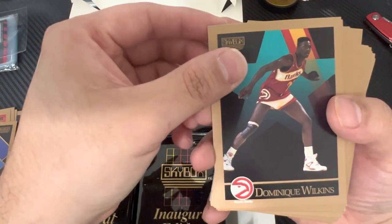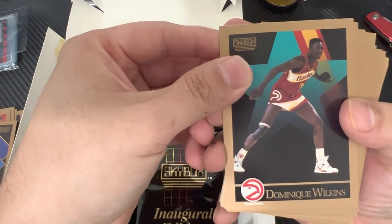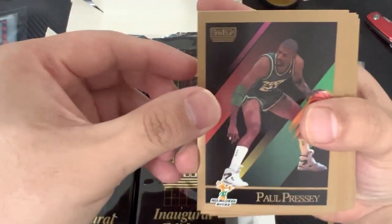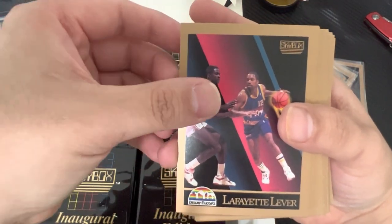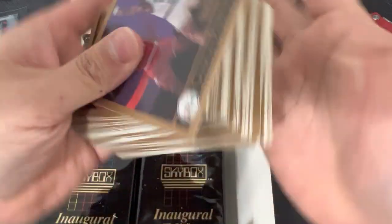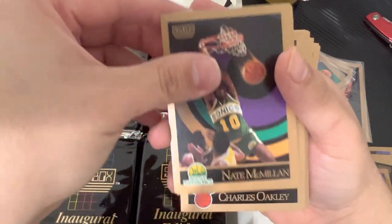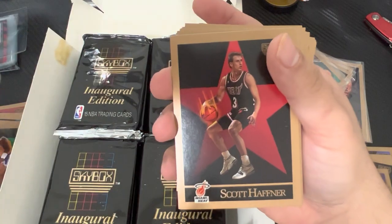The Human Highlight Reel, Dominique Wilkins, former Slam Dunk champion, Hall of Famer, who finally made it to the NBA's top 75 players of all time. Brad Lohaus, Ronnie McCray, sign down here. Paul Pressey, former Spur, Ron Strickland, Lafayette Lever, also known as Fat Lever, Hall of Famer, Otis Thorpe, Sir Charles, Hall of Famer, Rick Chapman, John Long, Jerome Lane, Nate McMillan, Derek Teagle, Sam Perkins, Charles Oakley,